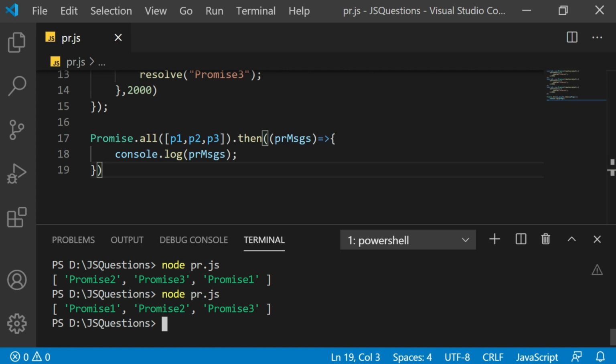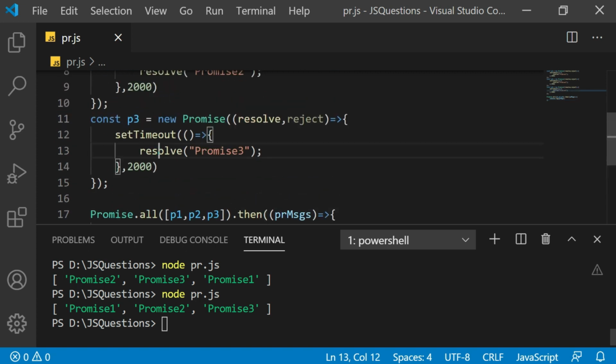So after 4 seconds, you see that promise 1 still stays at the same, that is, at the first place. So now we know the basic syntax and behavior of the all method. The code we see right now is returning resolved state in all cases. Let's try to change one of the promises by returning a reject state and see what happens.